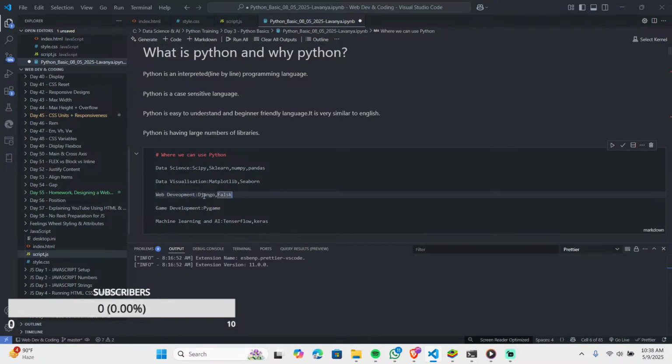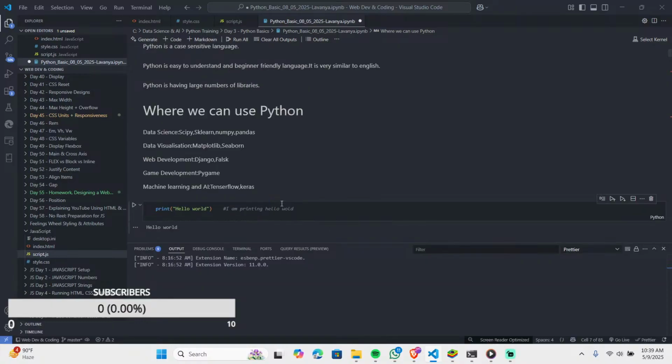I don't know how to pronounce it. I guess it's Django. And if it's not, please don't make fun of me. I'm bad at pronunciations, okay? Django, right? Yeah. So game development, Pygame. This is something I'm going to try sooner. If our trainer just teaches us everything about Python, I don't think they're going to teach us all these libraries, like how to make use of them and how to develop a game or a web development. Okay. TensorFlow, Keras,